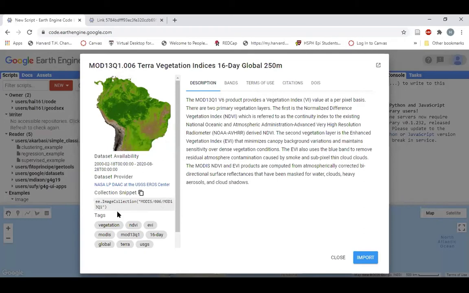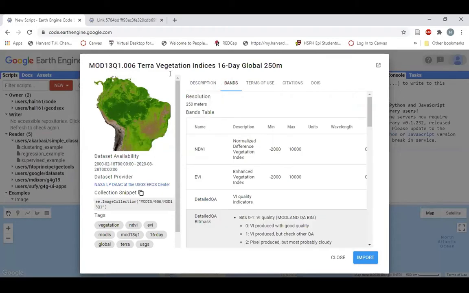We may also want to read up a bit more about this product, and so they have links to the dataset provider. For our methods section, we might want a bit more detail on how exactly these satellite images were collected. The other thing to look at when you're investigating this are these bands, and so you can